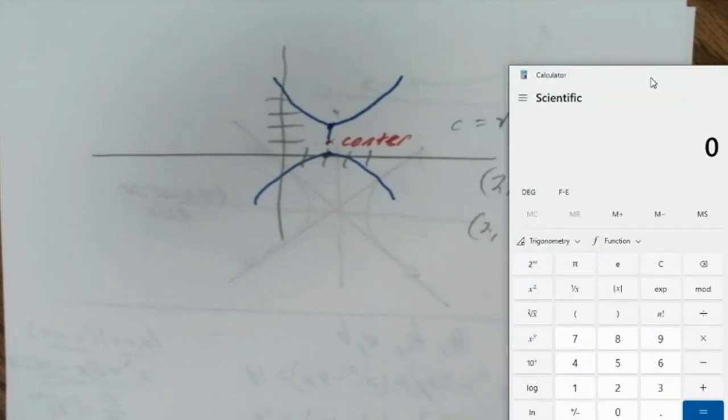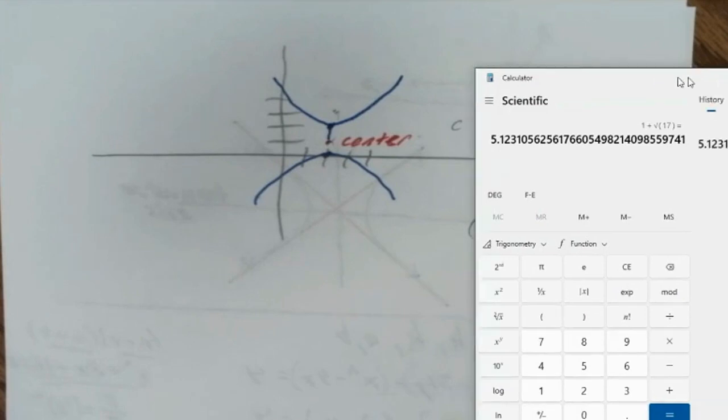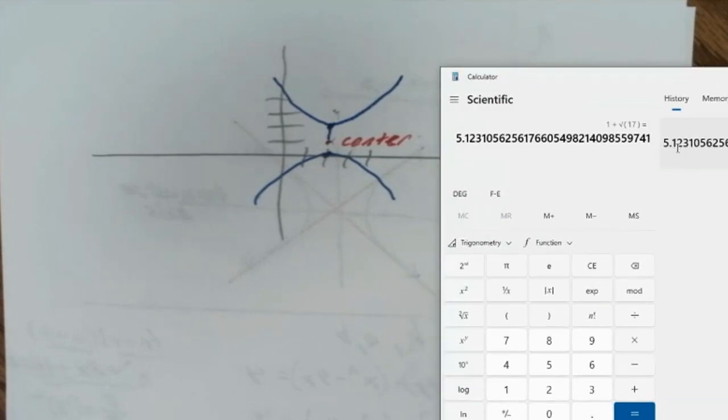So this is just a little bit bigger than that. So if you want to know where that would be, 1 plus the square root of 17 is about 5.123. If you were graphing it, that would be where one focus point is. And then the other one would be at 1 minus the square root of 17, so it'd be at negative 3.123. That would just give you an idea, if you're graphing it, about where to put those 2